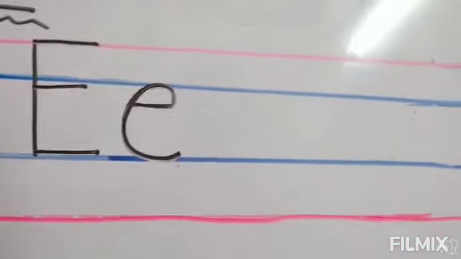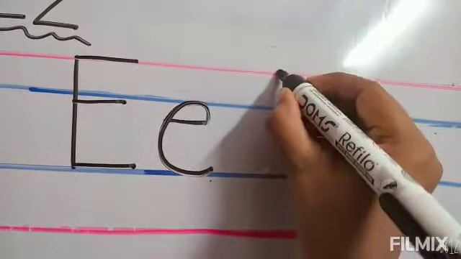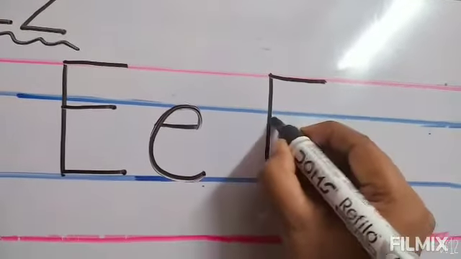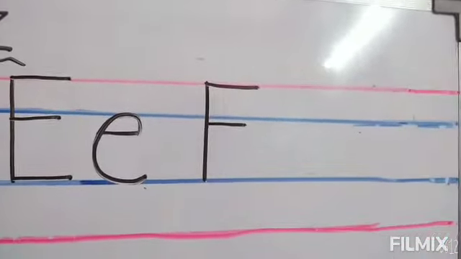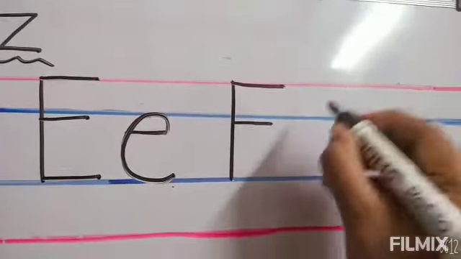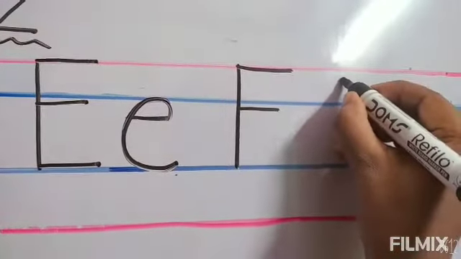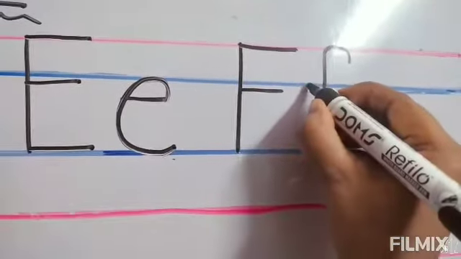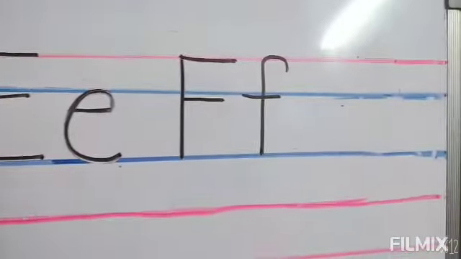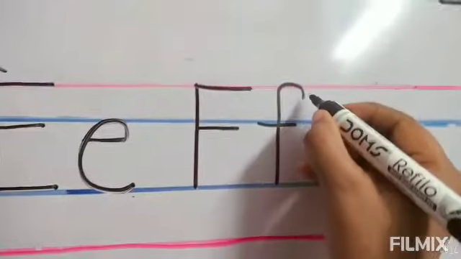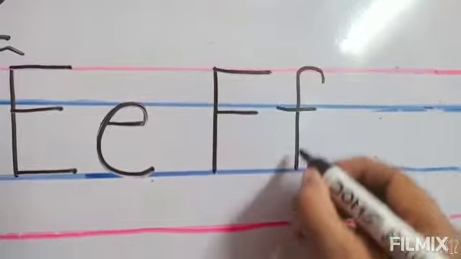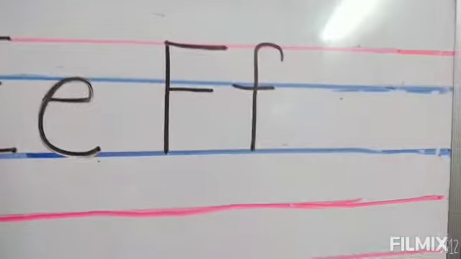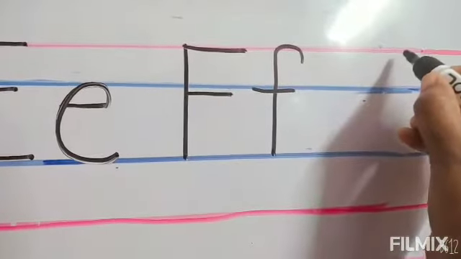Now we'll go for F. So now you need to write a standing line, sleeping line, here a small sleeping line, F. Now for small f you need to write here a small curve and go down with a standing line, then here a small sleeping line. Okay, you need to go down a small curve first, then go down with a standing line, then sleeping line, F.